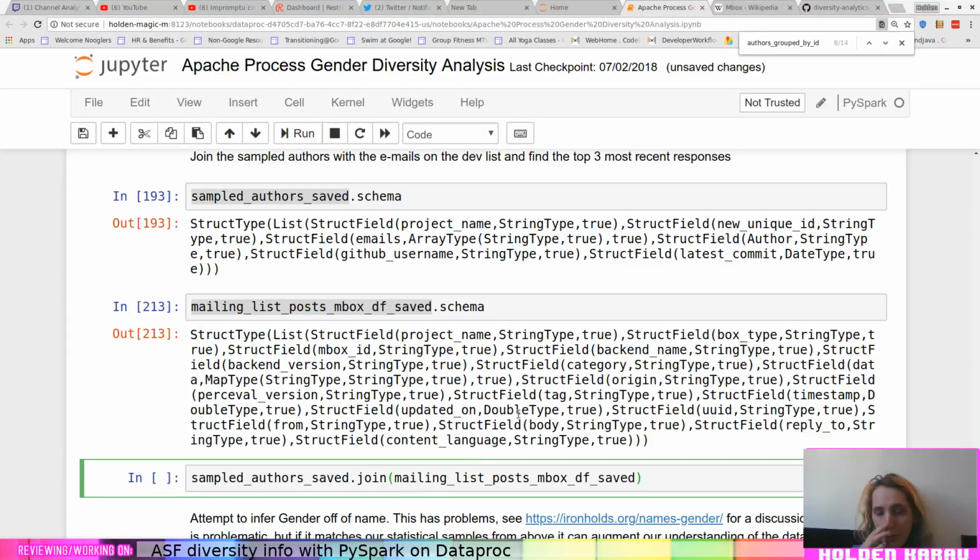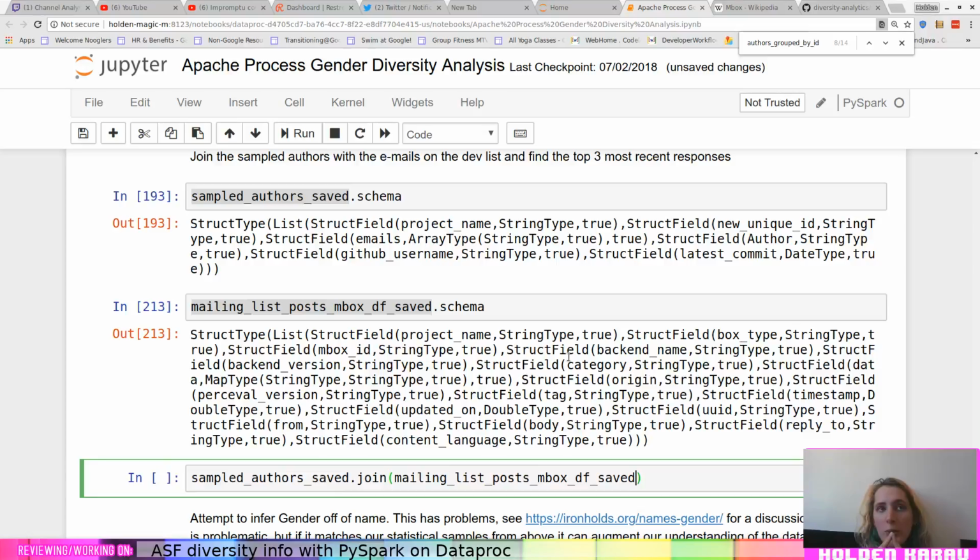Yeah, so actually, there is another, well, yeah, so what I'm thinking about right now is that we also are interested in knowing the gender or perceived gender of people who are committers or PMC members on the open source projects.